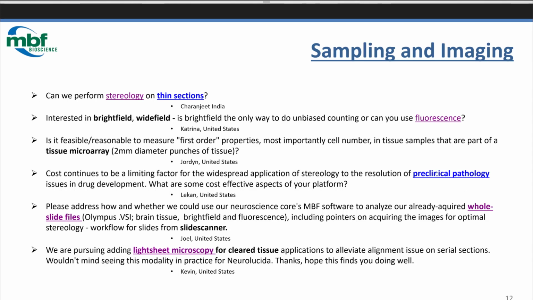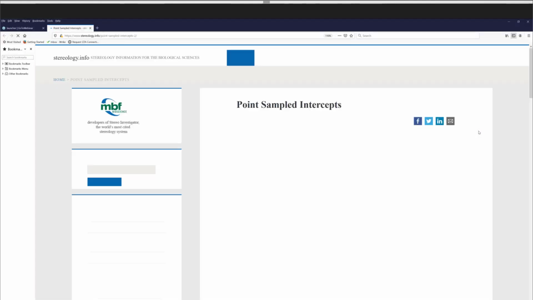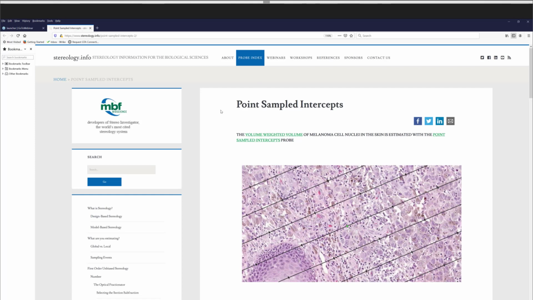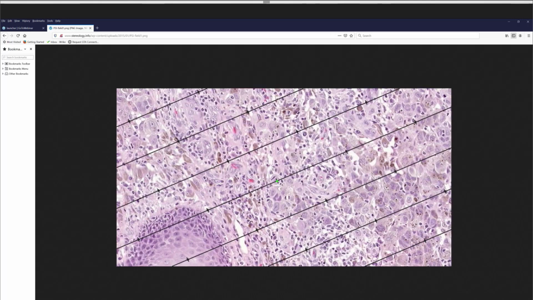I do want to go to an example of using stereology, unbiased stereology, in pathology. So this is a probe called point sample intercept, and it's different than using the nucleator and the optical fractionator together because it won't give you a number-weighted estimate of volume. It will give you a volume-weighted estimate. And what that means is the way we sample makes it more likely that these hypertrophic nuclei will be picked if they're larger, because we put lines down and there's hash marks. If the hash mark goes through the nucleus, then the next step